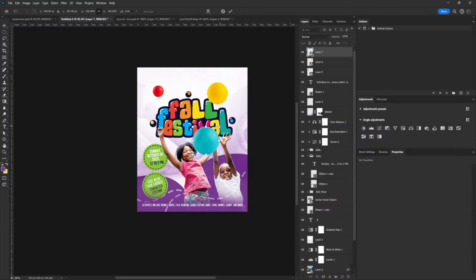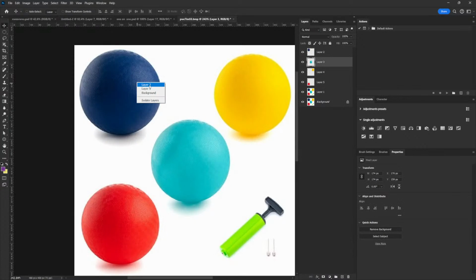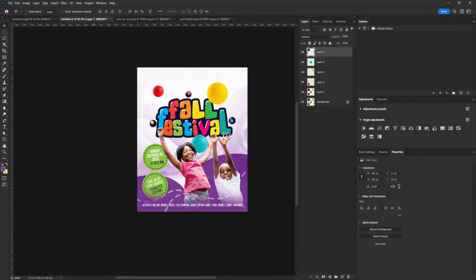All right, it's not good. It's going to make it difficult for people to read the information that you have on it. So this can come, we can actually have this behind the kids. All right, and it can come right about here. Okay, then do we still have one more color? Yeah, this. So this can come here